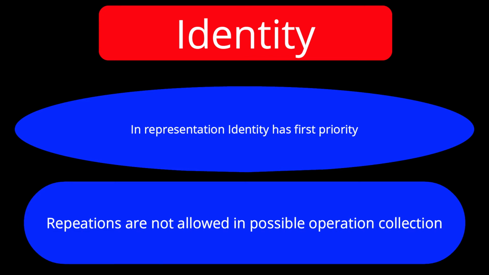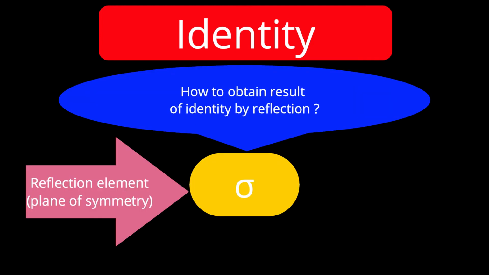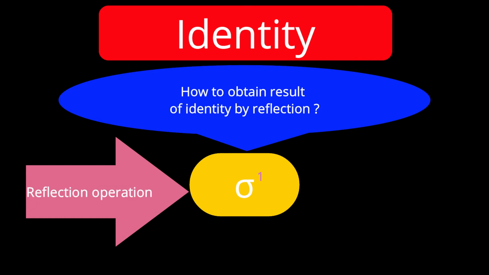Now let us discuss the next element of symmetry, the possible operation, and its relationship with the identity operation. Say, plane of symmetry. Plane of symmetry is an element, and which operation is possible? Reflection. It means through that plane we can reflect the molecule, and we will get a similar structure. It means we are cutting the molecule.